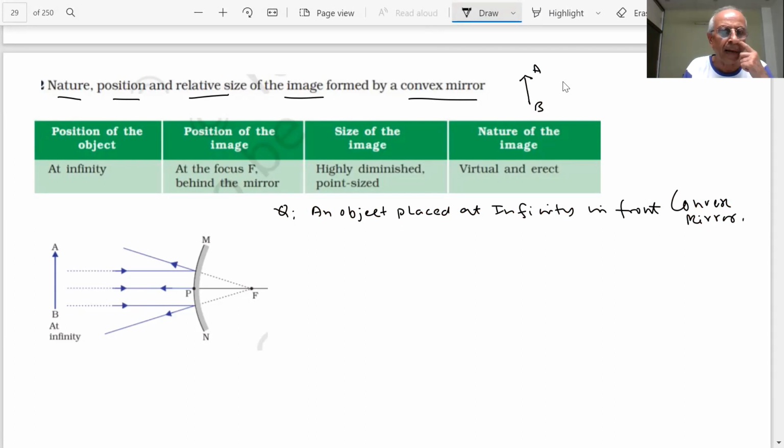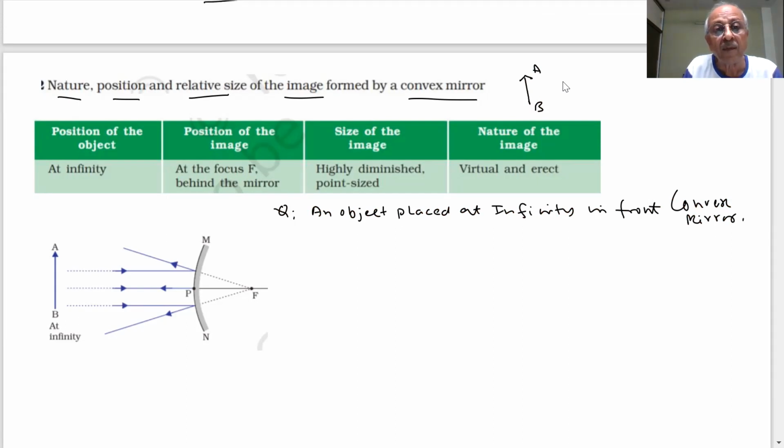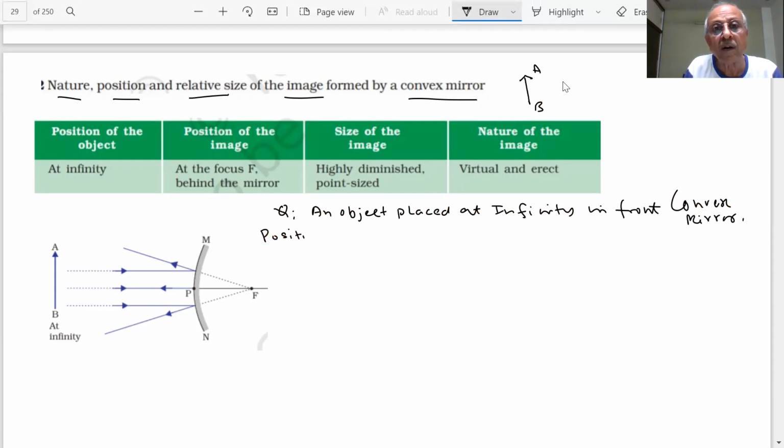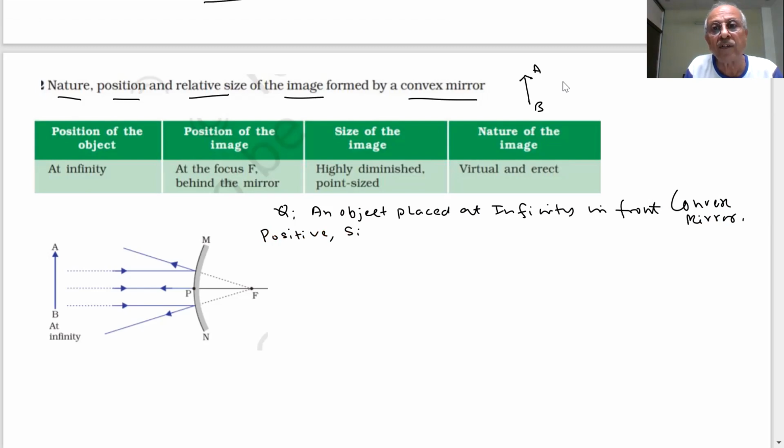Now you have to find the position, size, and nature of the image. Nature of image. What are the rules? We have the rules. How many rules? 4, but I said we will use only 2. So students, what we have here,